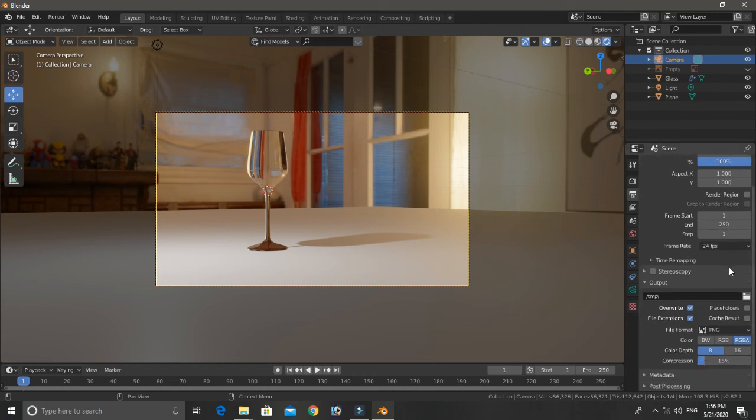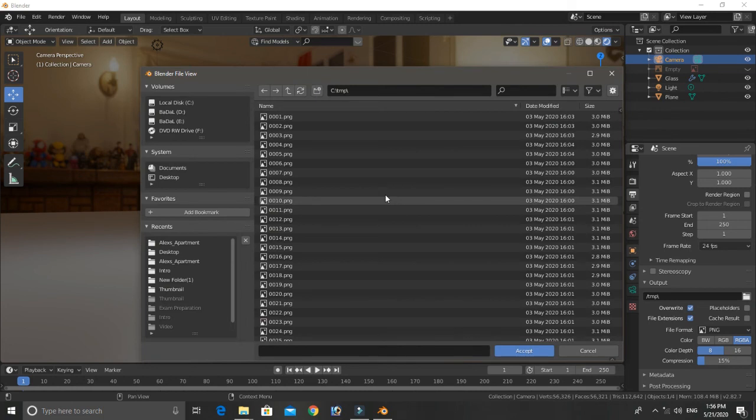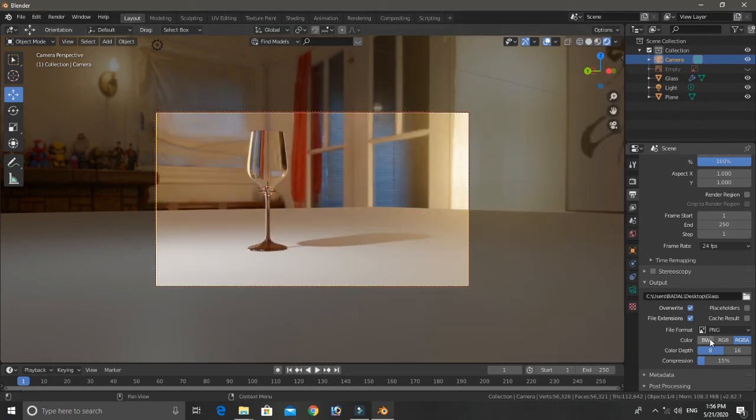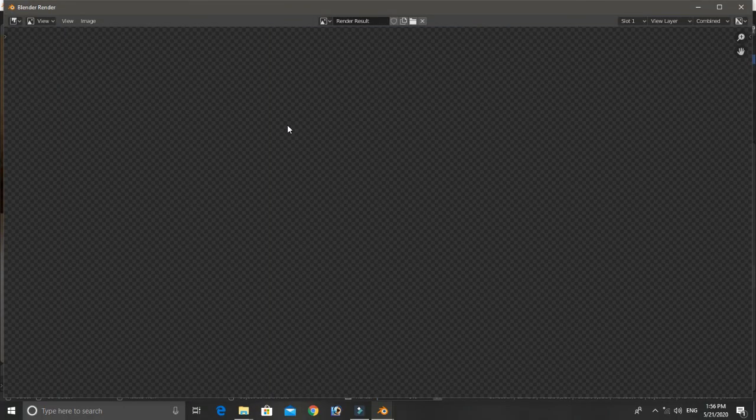Now change the output for your rendering image. Now go to the render tab and render the image. It took a few seconds for rendering.